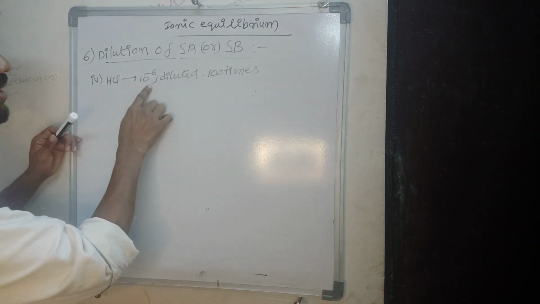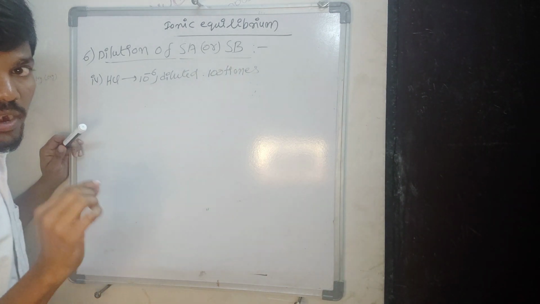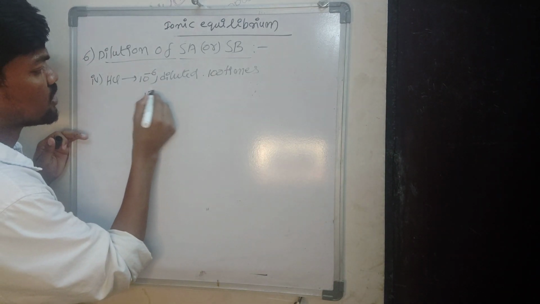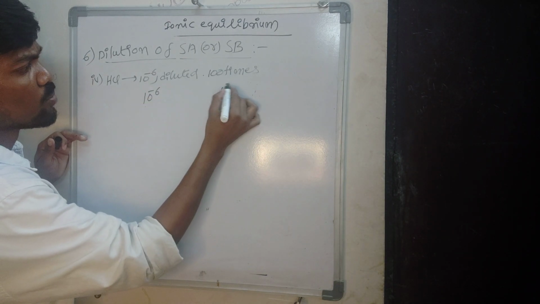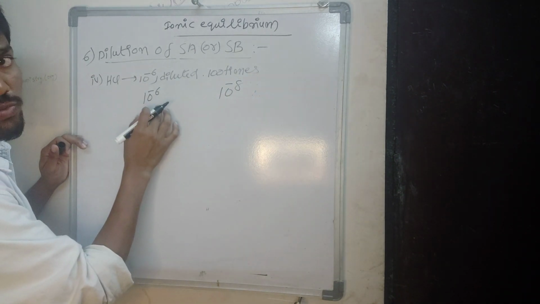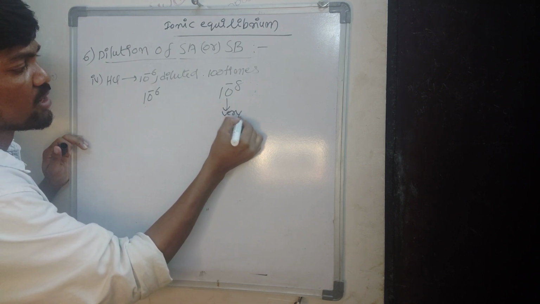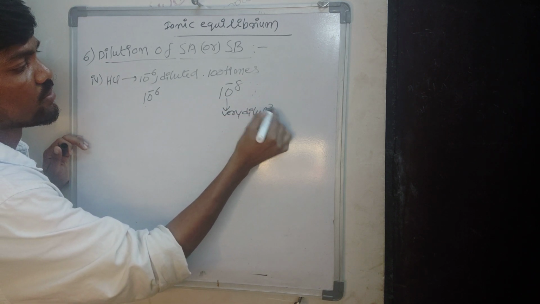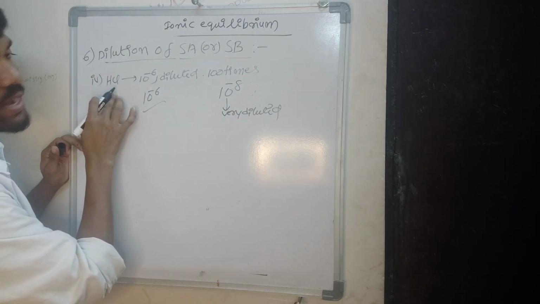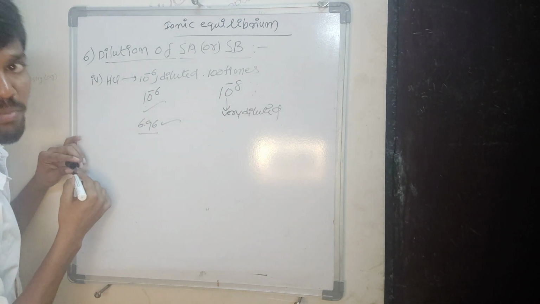Here listen, 10 power minus 6 concentration is diluted 100 times. 100 times dilution is very negligible. Suppose it is 10 power minus 6; diluting 100 times would give 10 power minus 8. It is not possible, so we have to go through the other value. This is very diluted, so we can't use it; it will be neglected. We have to consider the acid value only. So finally 6.96 for this value. You have to remember this one.